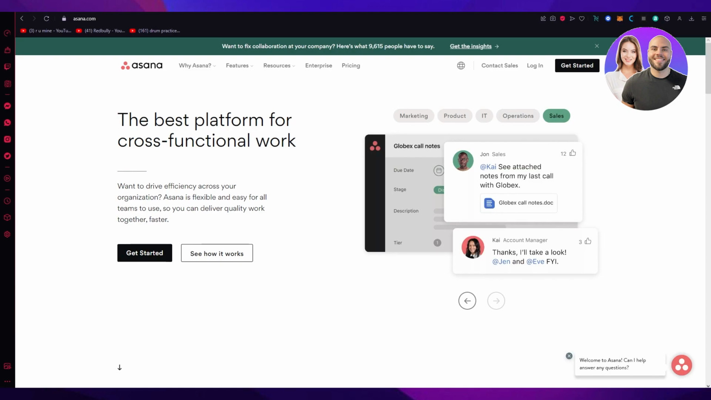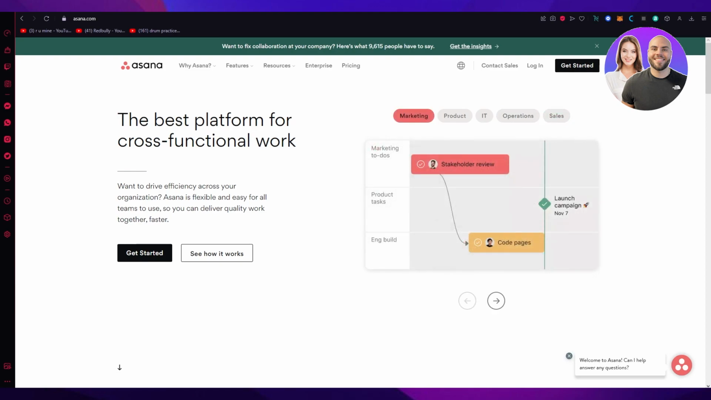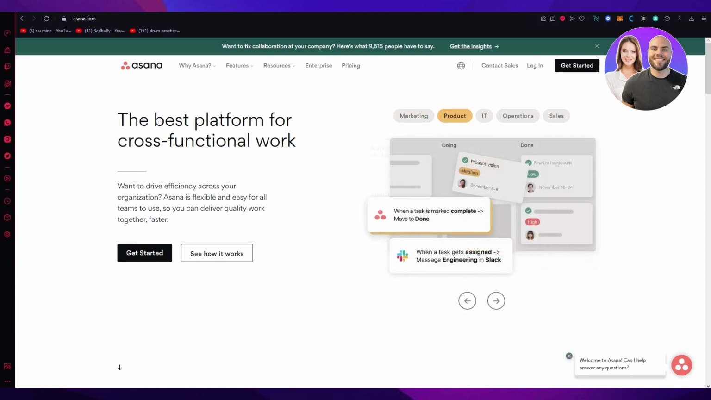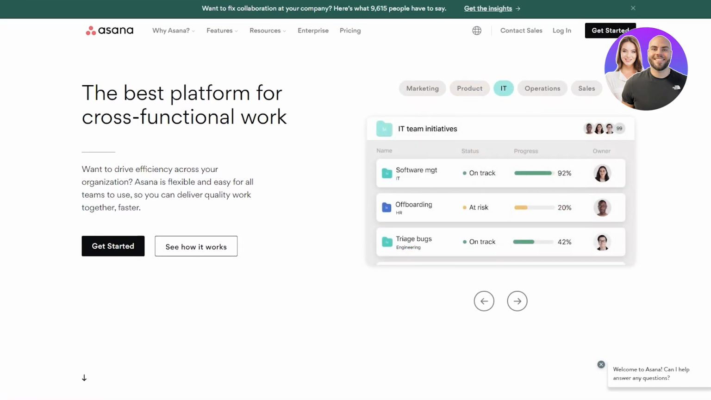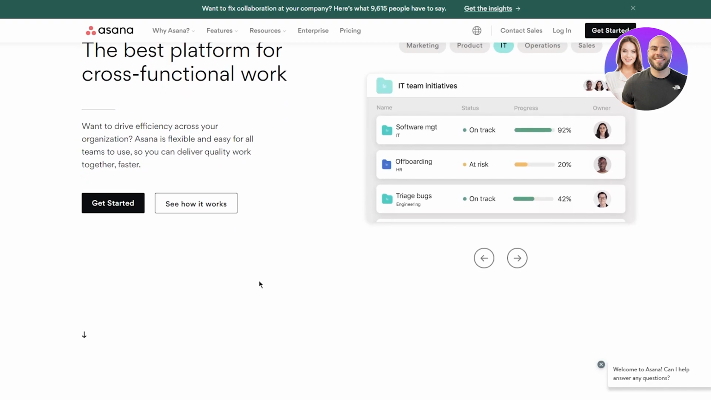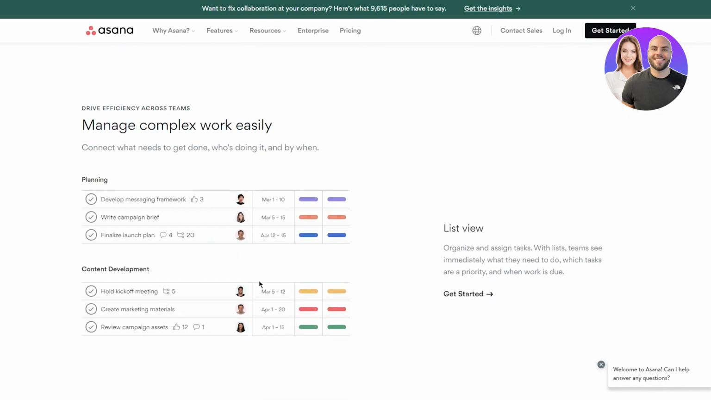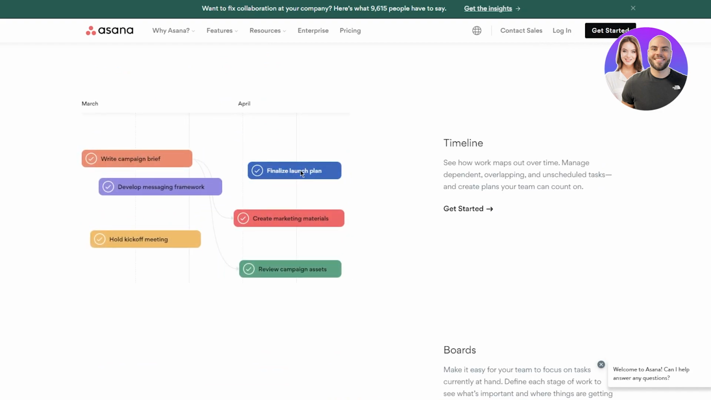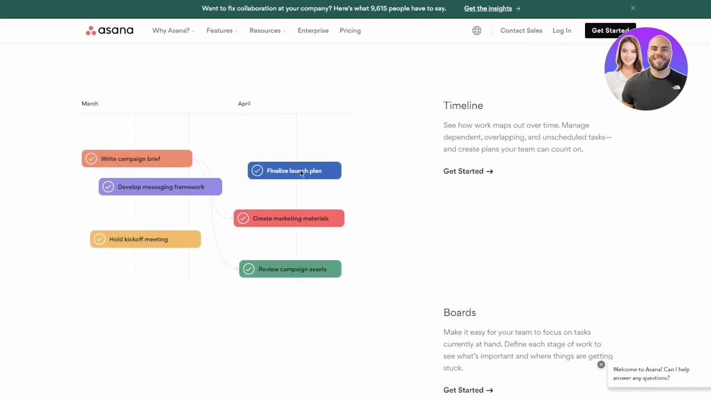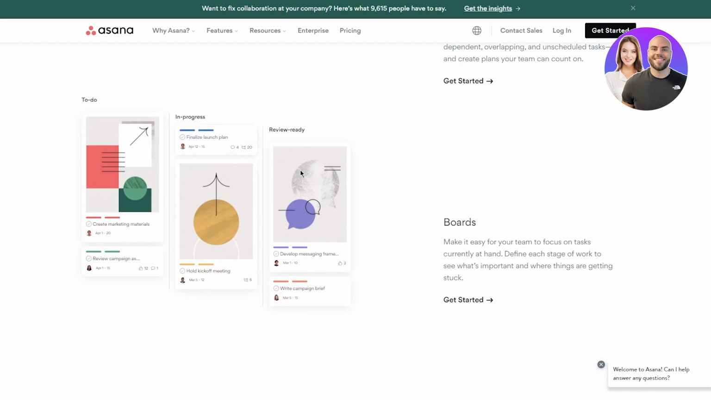It's called asana.com, and to get straight into it, let's discuss quickly what project management is. Project management is basically essential for any successful project, right? And Asana can help you achieve your project goals, whether you're a team leader or a solo entrepreneur. Asana can help you keep track of your tasks, deadlines, and priorities